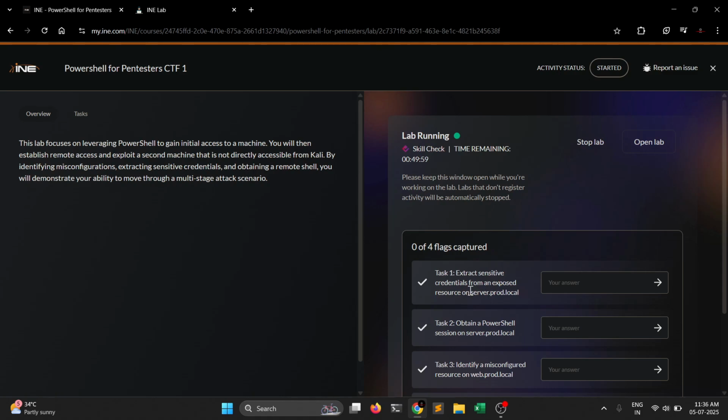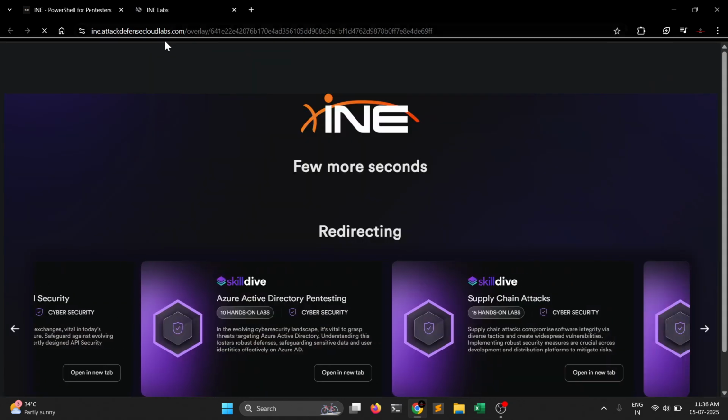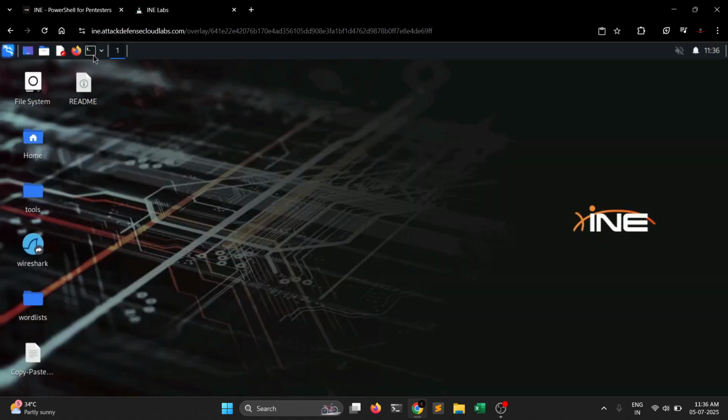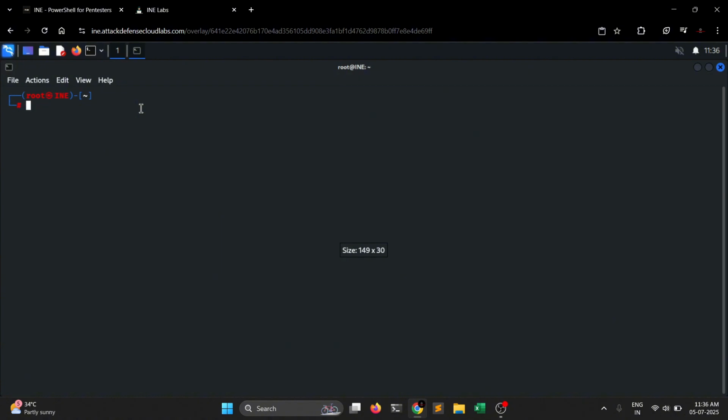Okay, the first task is to extract the sensitive data from server prod.local. Just copy it and go to the lab. Okay, it just takes some time to load. Okay, open the terminal. Let's just do nmap -p to list all the available ports, and then the domain